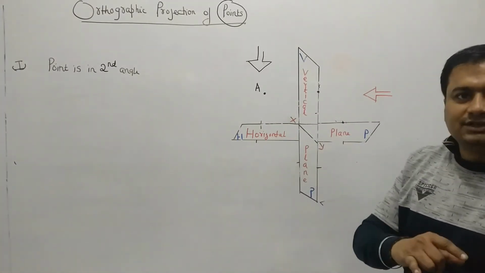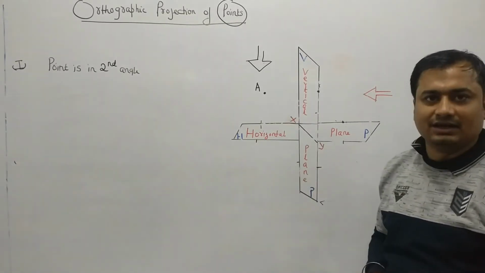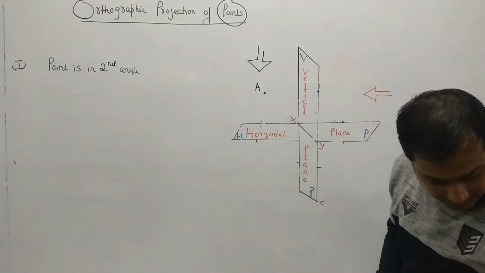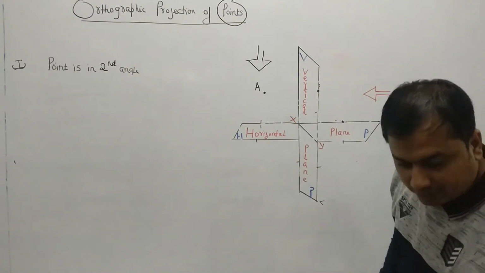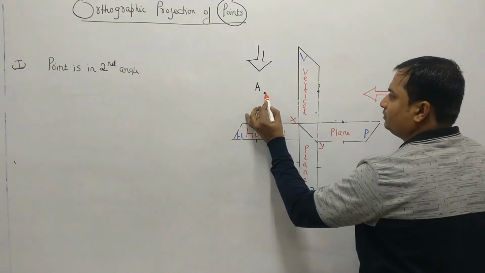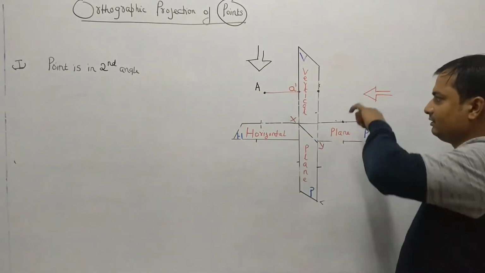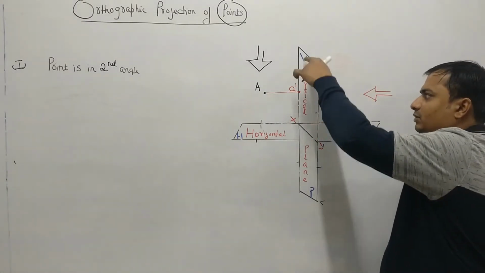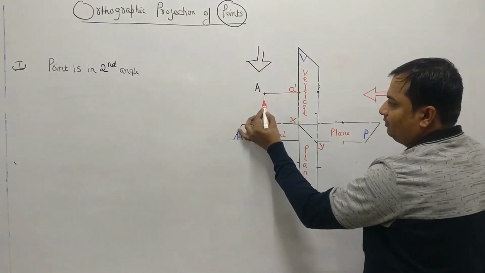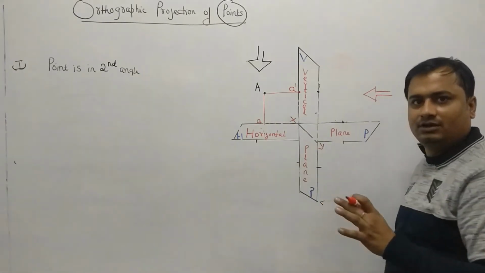Third is the location of the object. Again we have fixed our point, that is, the point is lying in the second angle. When the front observer sees this point, on which plane will be the location of the point? Again the front view is lying on the VP itself. So when the observer is looking at this point, this will be the location of the point. This is my front view, that is A dash. The front view is going to lie on the VP, and when the observer looks from the top, the top view is going to lie on the HP. So this is my A dash A as per the notation.